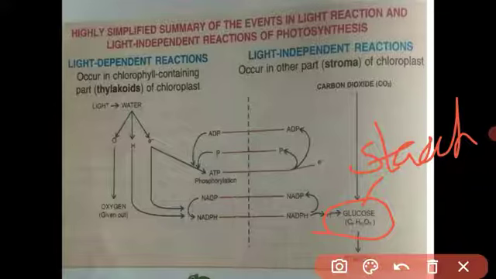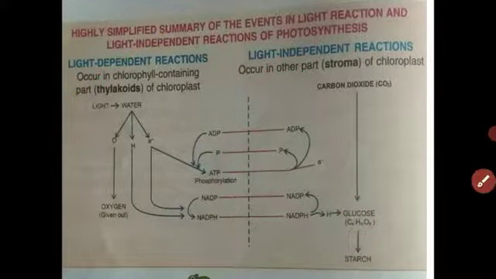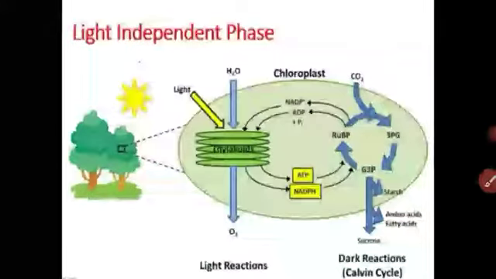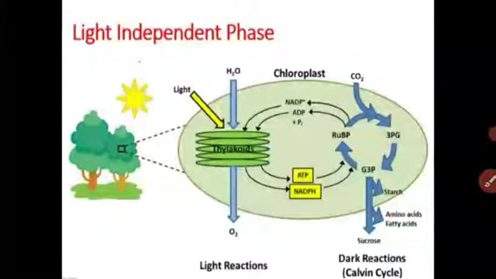Understood, student? What is photosynthesis? Photosynthesis occurs in two steps, light dependent and light independent. Understood, student? This is only your 10th syllabus. What is the Calvin cycle? What is RuBP? What is 3PG? What happens in the Calvin cycle? You will have to study that in 12th class. But at the 10th level, you just keep it in your mind.